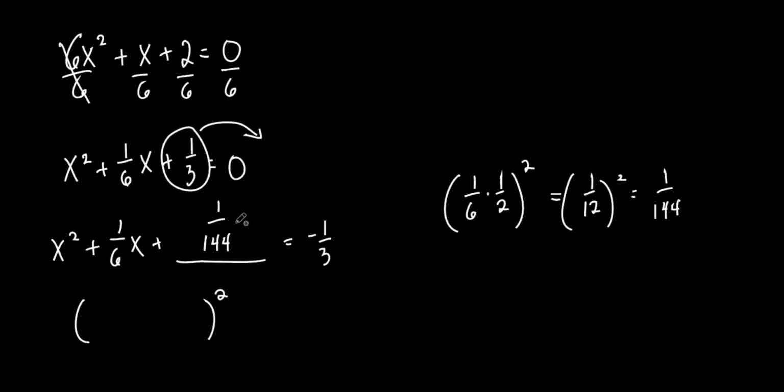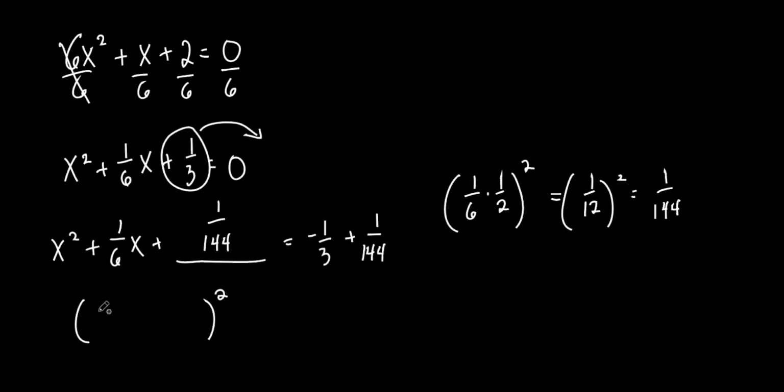But remember, I can't just arbitrarily add something to one side. What would I have to do to the other side? I've got to add it to the other side. So I'm going to do that over here. I'm going to add a 1 over 144 over here. By me taking half of the middle one and squaring it and putting it right here, that makes it into